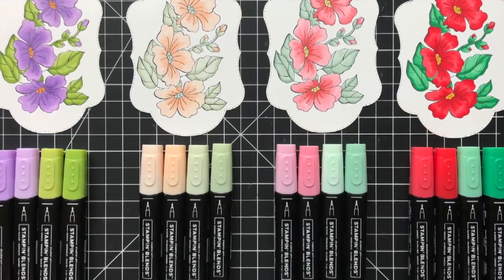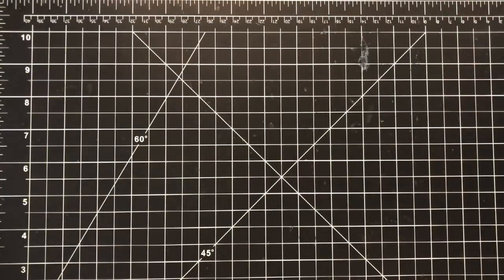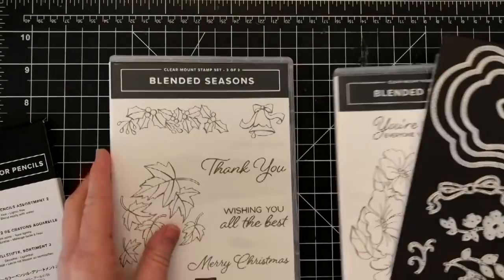Welcome. We are going to make a fun Z-fold card using these gorgeous embellishments, and I just love this new